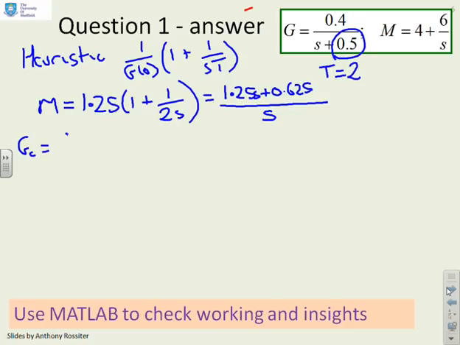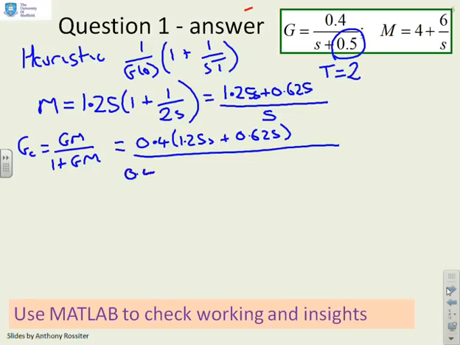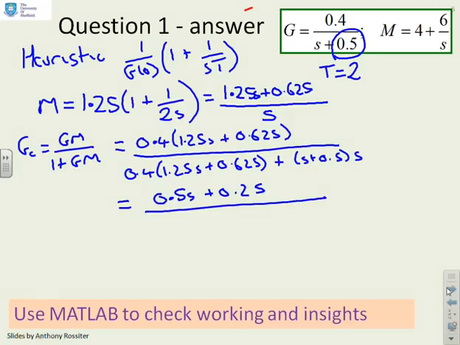So Gc equals Gm over 1 plus Gm. So what I'm going to get is 0.4 into 1.25s plus 0.625, all divided by 0.4 into 1.25s plus 0.625 plus s plus 0.5 times s. Now if I multiply this all out, you'll see that on top I have 0.5s plus 0.25, and underneath,